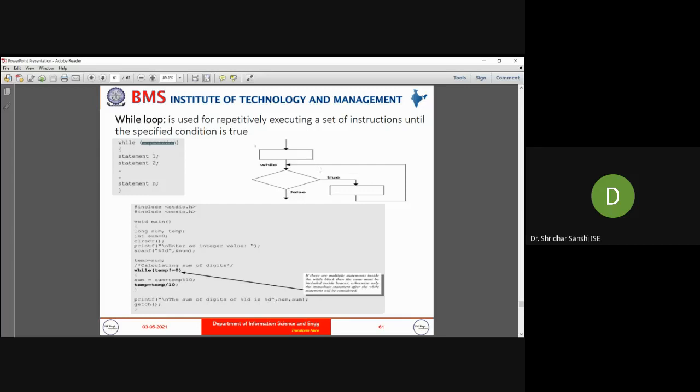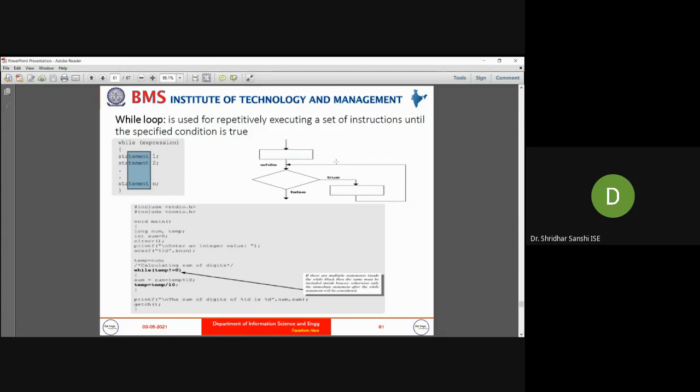First it will check the expression. This is where the difference comes between the while loop and do while. In the while loop, I check the condition first. If the expression results in true, then I execute the statements. Otherwise, I exit from the loop.